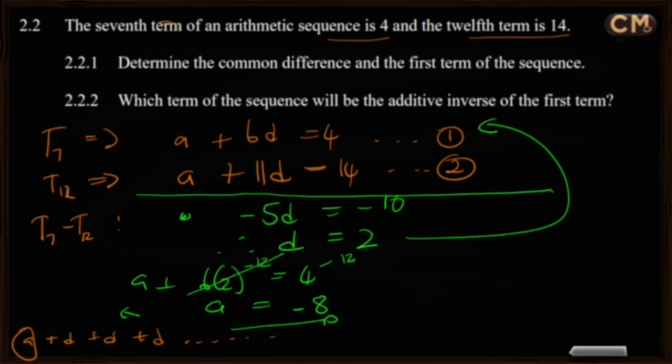And that's the common difference, and that's the first term. So that's T1, and that's our common difference. I think that's cool. So let's just transfer that information over here. So d is equal to 2, and a is equal to negative 8, which gives us the opportunity